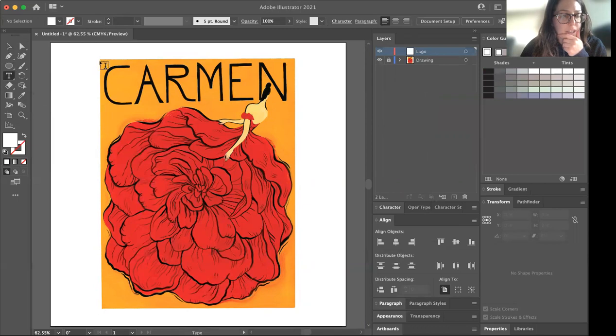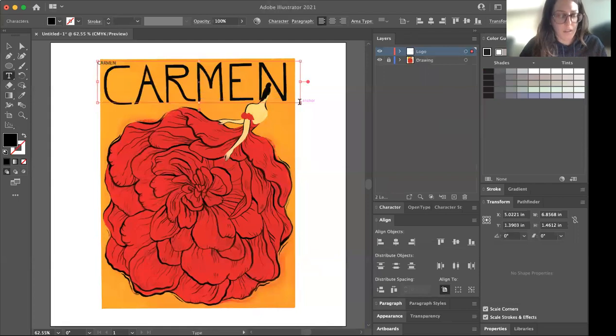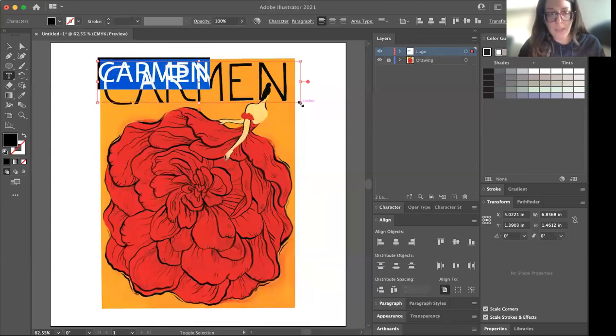But let's take the type tool, we can click and drag, and I'm gonna write Carmen, Command A, or you can triple click, and then Command Shift right bracket, sorry, right arrow, the one that looks like this. Right caret, that's what it's called, right caret. Okay, so you can make this bigger. If you don't have that key command available,